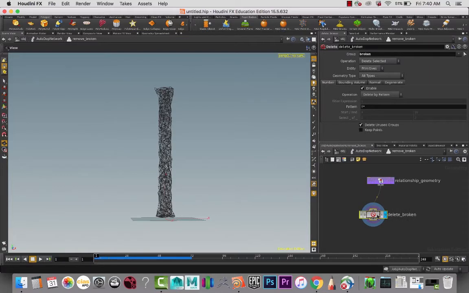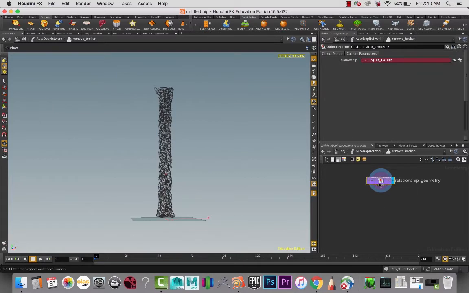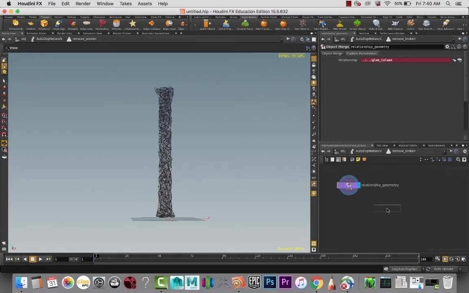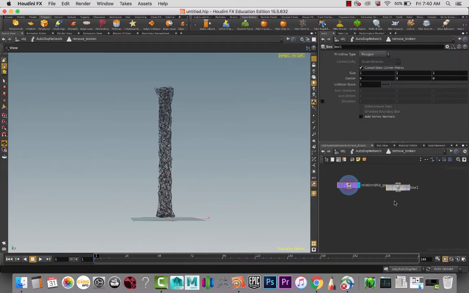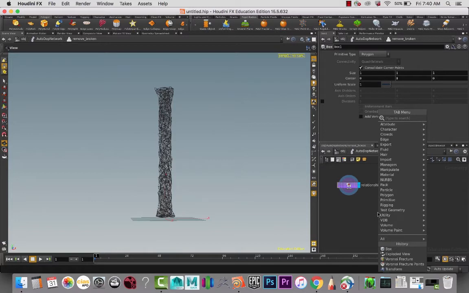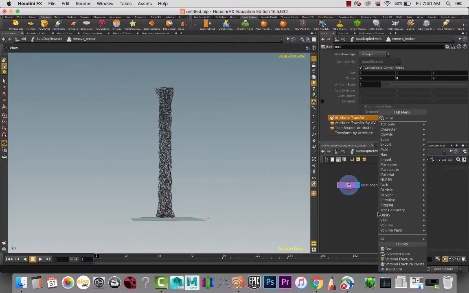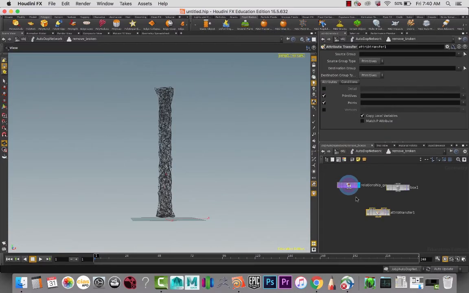And then we have the delete broken node. I'm going to get rid of that node for now, and we're going to rebuild a whole structure for us. So I'm going to create a box, and let's do an attribute transfer, and in this box here